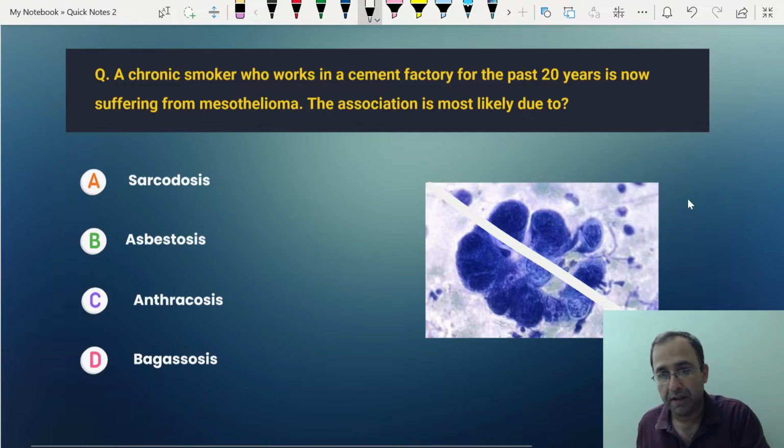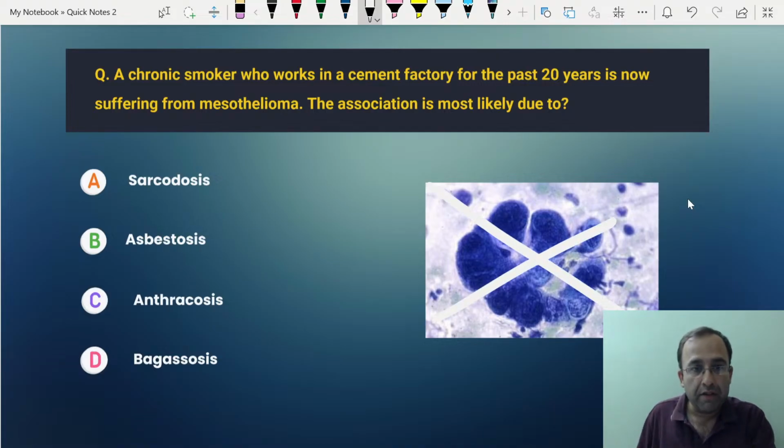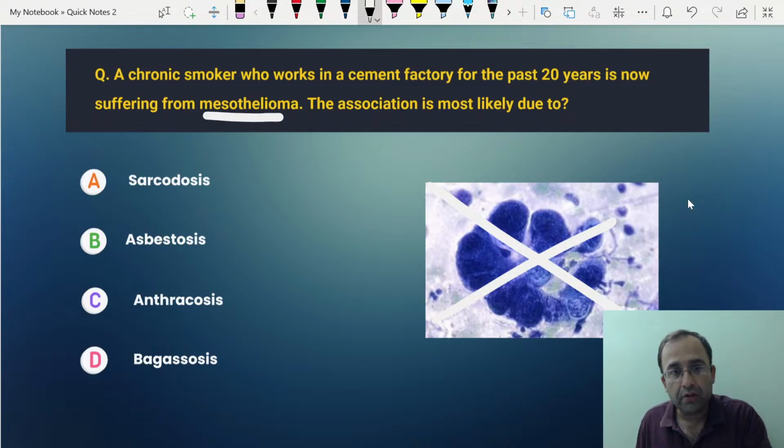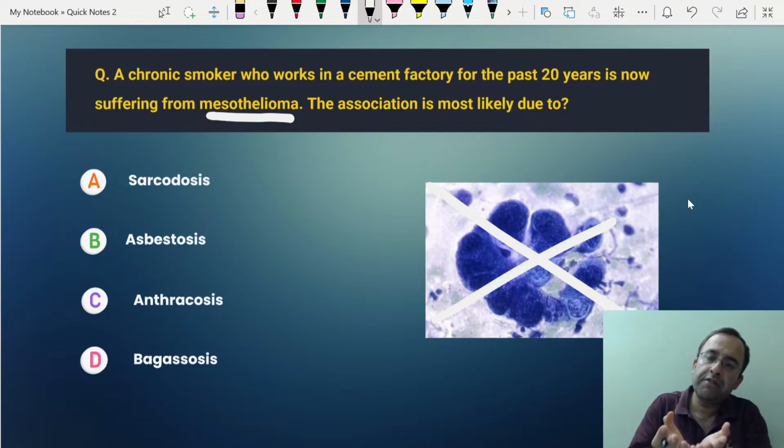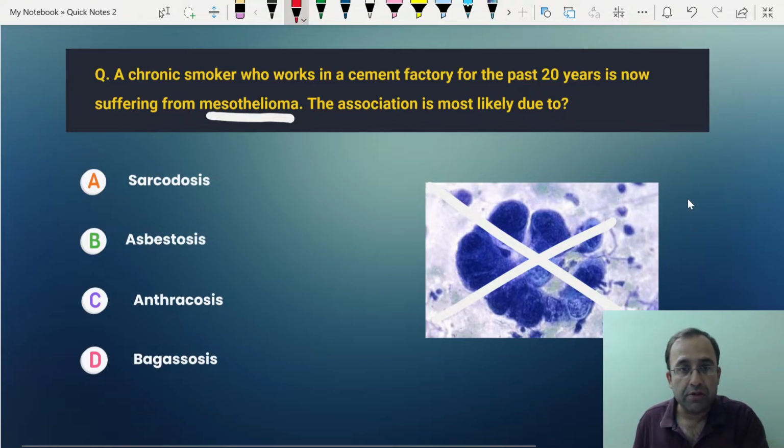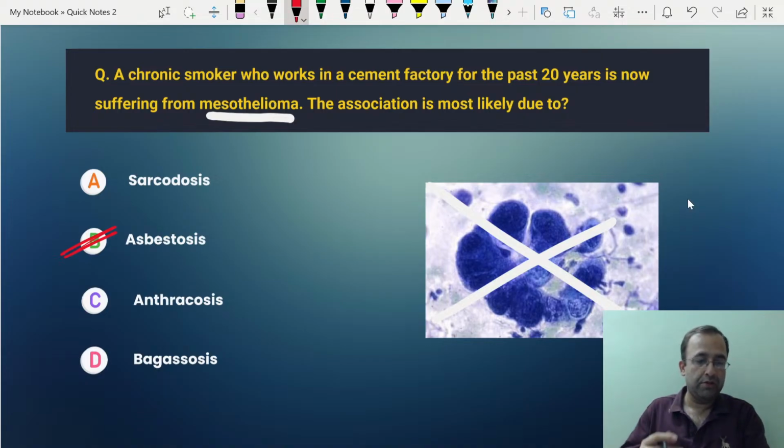Image was with the previous one, not this. We have a history of a smoker who once worked in a cement factory and is now suffering from mesothelioma. Mesothelioma is a very rare malignancy. It is associated with asbestosis. You know this well. The cement industry is associated with both